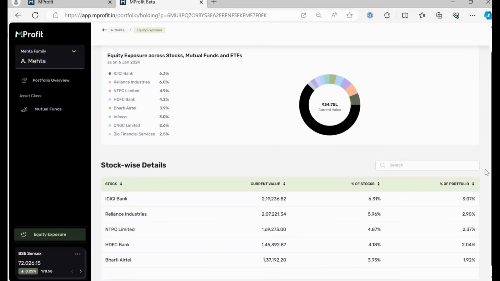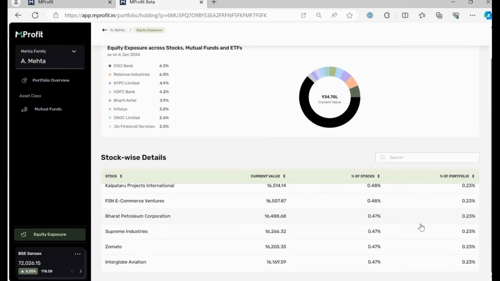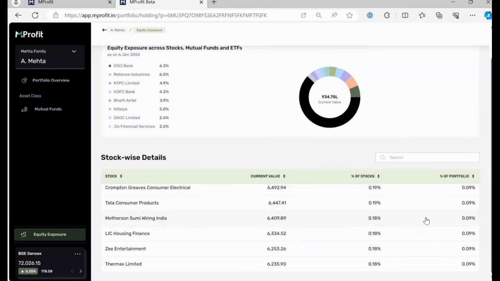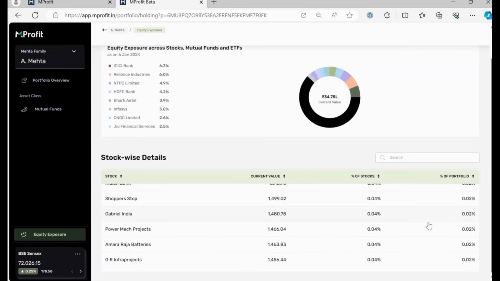Sure. So just to let you know, this is something new. You can go to any portfolio, click on equity exposure, and now you will be able to see this particular view where you can see your combined exposure across stocks, MFs, and ETFs to all the stocks in your portfolio. So even if you are not holding a stock directly as a direct stock, but you are invested in that stock through ETFs or mutual funds, you will see that stock in your portfolio. So that is something new we have just launched, and you will see that for all the stocks you're holding. And you can see there are so many stocks here that you are exposed to because you have holdings through mutual funds and ETFs.